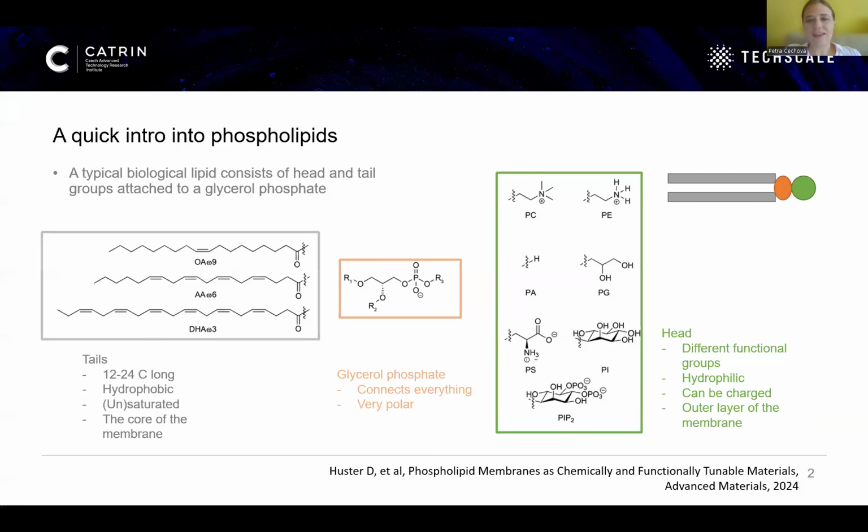And at the beginning, I would like to just make a short introduction into lipids, just to remind you what you remember from high school, and then I will go to more depth. So phospholipids, the most common type of lipids in nature, I guess, or certainly in living organisms, have three main parts: the head, the sort of connecting linker, which in phospholipids is glycerol phosphate, and then there are tails. And the most important property of lipids,